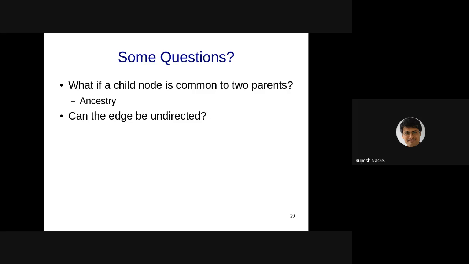It can create a DAG. However, in an undirected graph, whenever you add an edge to a tree, it will always create a cycle. Right? So that is one property of undirected trees.